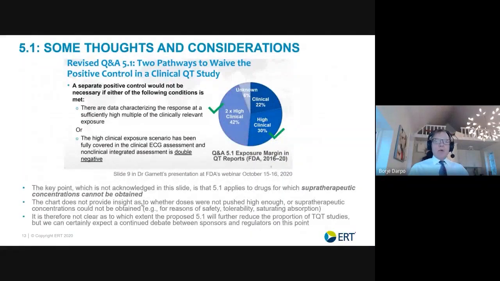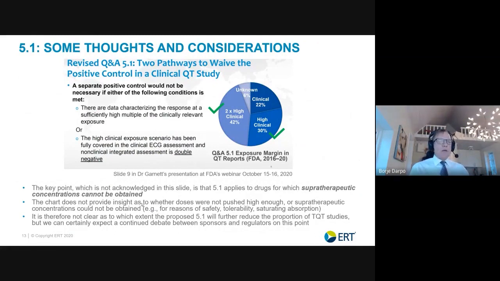So this slide from Dr. Garnett's presentation on the public webinar describes the 5.1 scenario as two pathways to waive the positive control in a clinical study. I think the key point, which is not acknowledged in this slide, is that 5.1, according to the text, applies to drugs for which supratherapeutic concentrations cannot be obtained. It's not a general approach to say that the positive control